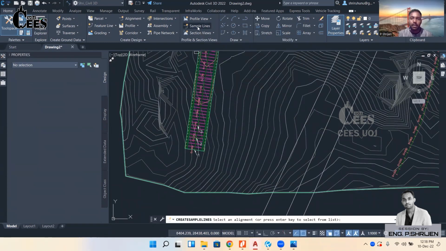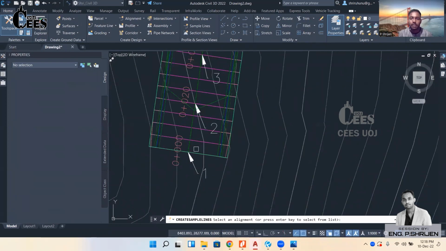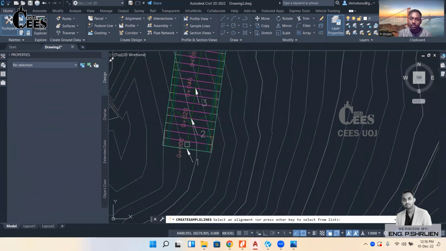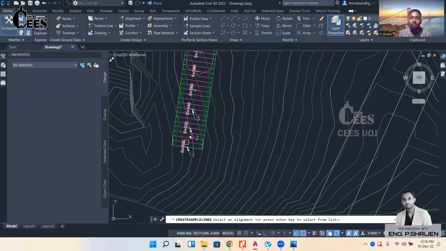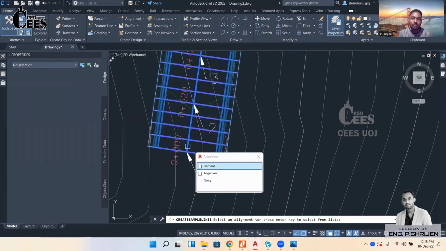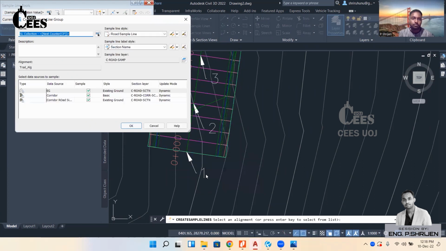So click the sample line. First we need to select our alignment, which means our sample lines are placed based on our alignment. So just click my alignment. Give a name for my sample line set, and same concept: each Civil 3D object has sample line styles and label styles, and it will automatically be set to one layer. And okay,